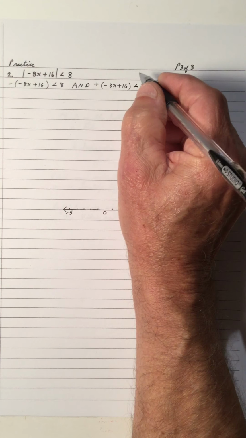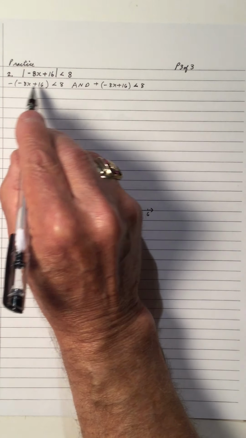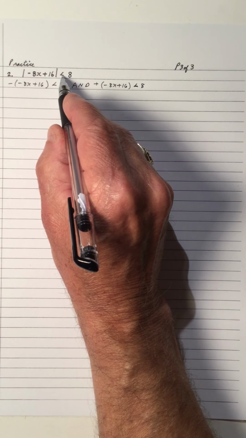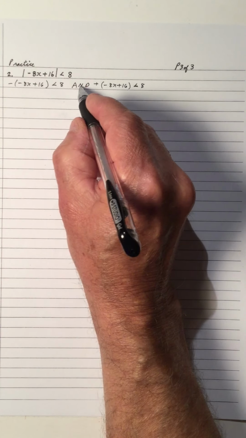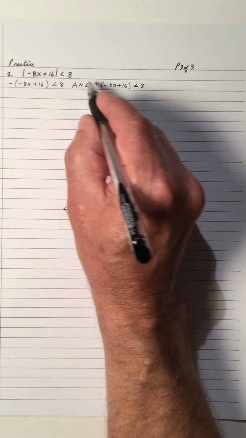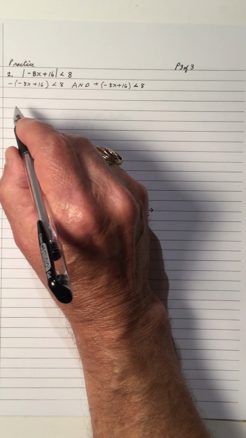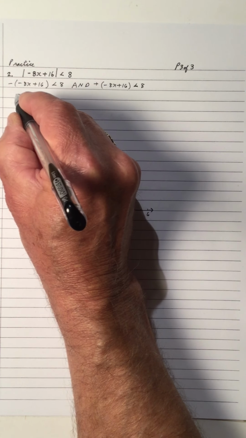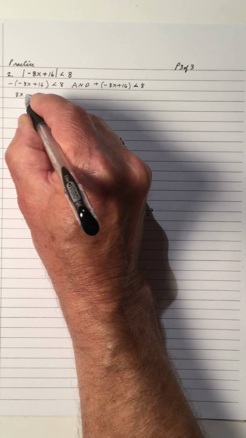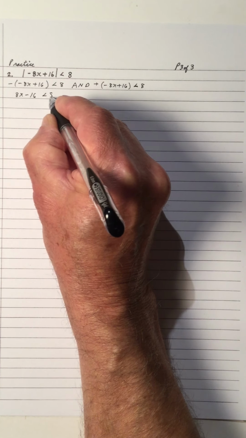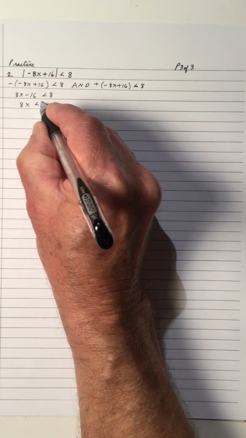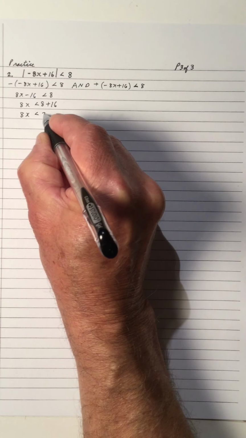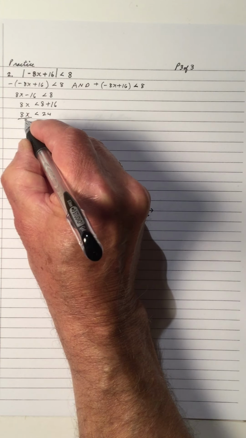So my way, again, I developed this way: the negative of this expression, the positive of this expression, keeping less than 8 on both ends, and with an and. Less than or equal to is an and, that's an intersection. You're going above and below, and you pick up the intersection. So negative 1 times negative 8x is 8x. Negative 1 times 16 is negative 16. 8x is less than 16, or 8 plus 16. 8x is less than 24, and divide by 8,